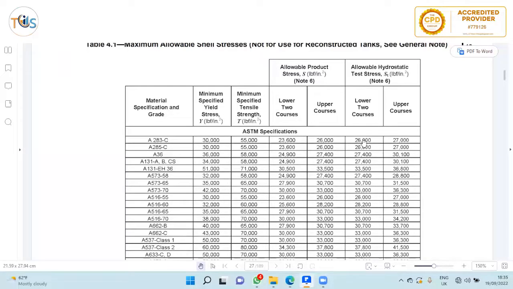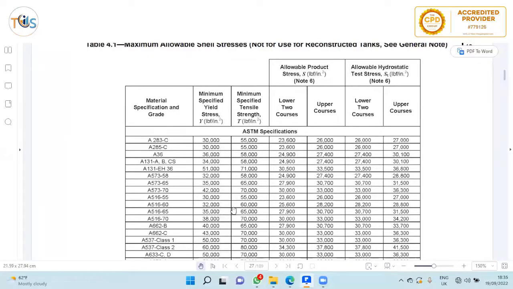So during the hydro test calculation, you should remember, if you know about pressure vessels or piping, the test pressure is always higher. It's like 1.3 times or 1.5 times the maximum allowable working pressure, and hence you see the difference here. So the first two courses, depending on where it is, is 23,600, and the upper course is 26,000, and for the lower two courses for hydro test it is 26,000. And as you can see, there are different materials here, like